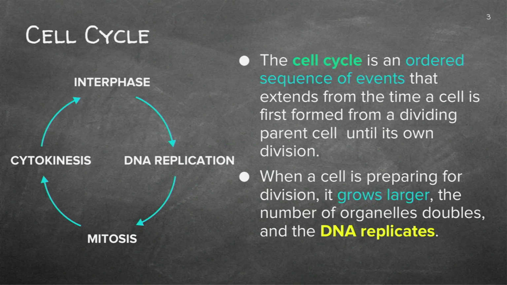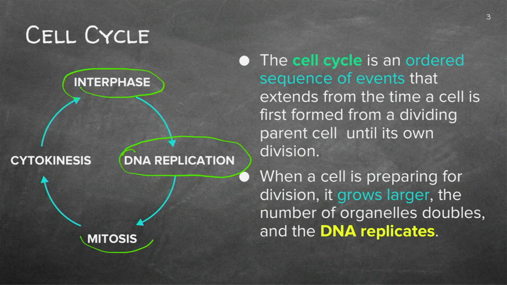Okay, let's look at the cell cycle. Right, the cell has a cycle that goes round: interphase, DNA replication, mitosis, and cytokinesis. Those are the 4 steps in a cell cycle. But it's like a chicken or an egg. Where does it start? Let's say we start here. It has just been born. This new cell has just been born, if we want to call it that.